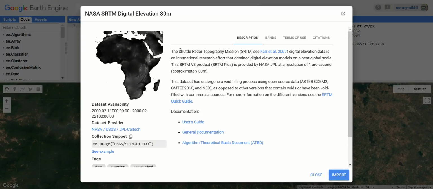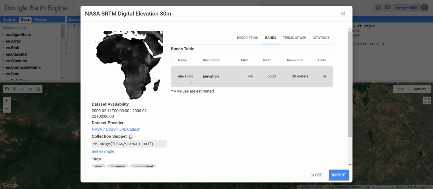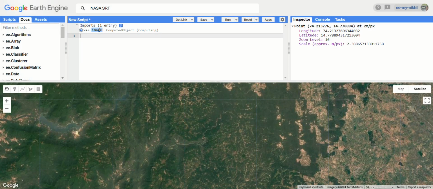The SRTM stands for the Shuttle Radar Topography Mission, and it consists of the band elevation ranging from -10 to 6500. The resolution is 30-meter and the units are in meters. So let's import this, and the data set available is the year 2000 only. So import and rename it as data. Okay, and now let us filter our data set by creating a